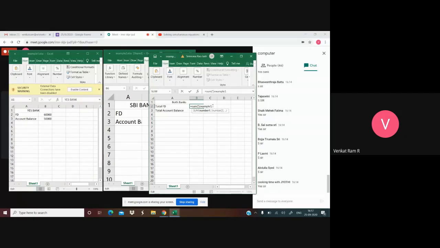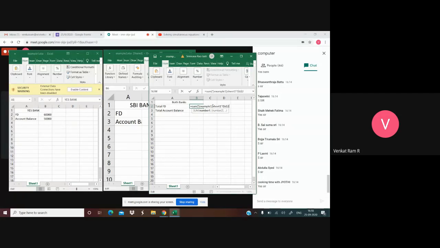And which sheet have we used? Sheet 1 only. So Sheet 1, followed by a single quote. We started with one quote and now I am ending it with another quote, then an exclamation mark, and use the dollar symbol. Dollar S Bank